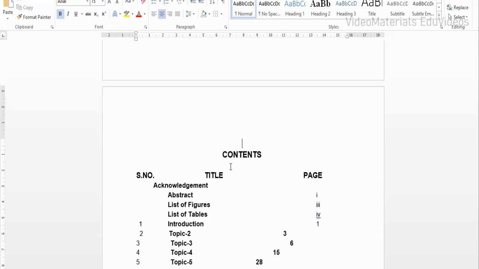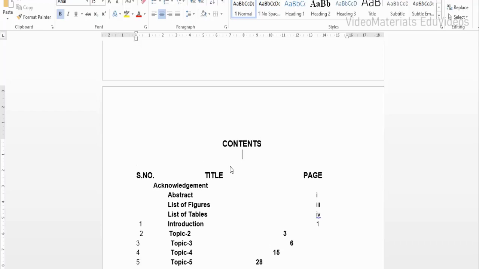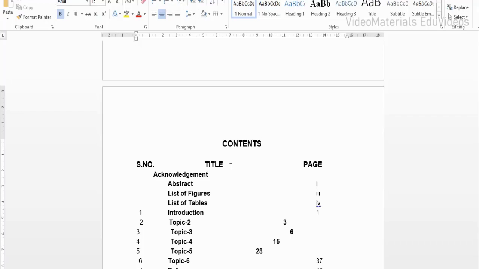Now I'm deleting this line. Now I'm moving the cursor towards the end of the contents heading line. Then I'm pressing enter. Then I'm going to place the table. But when I press enter, there is no line gap in between the contents and the table. So before pressing enter, that means I'm going to undo.